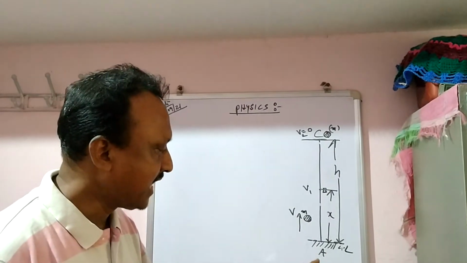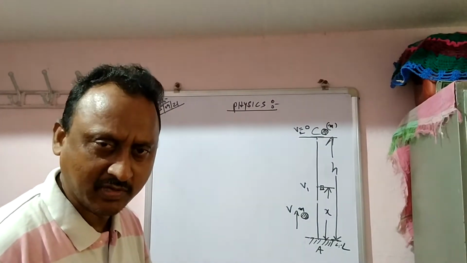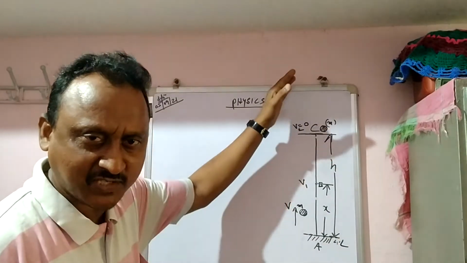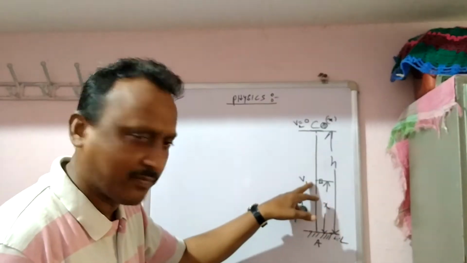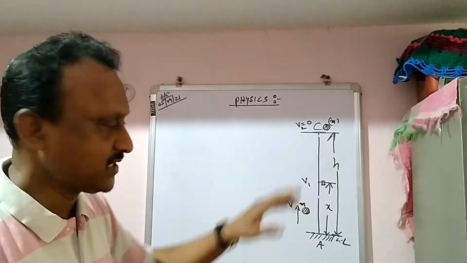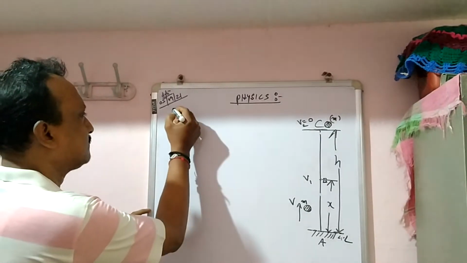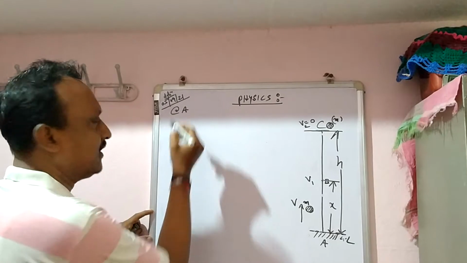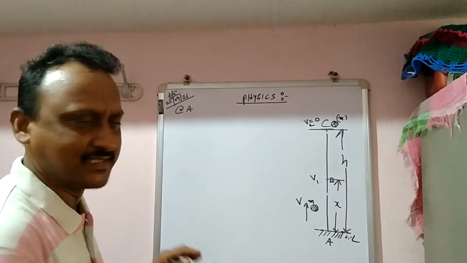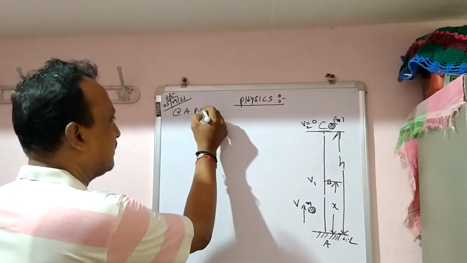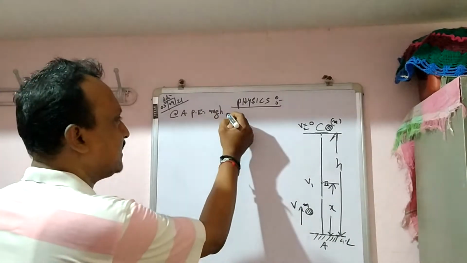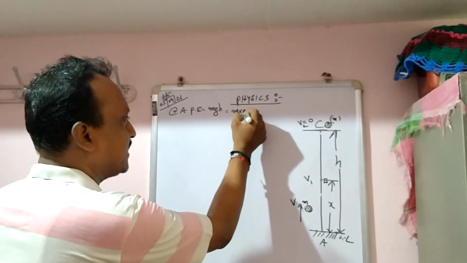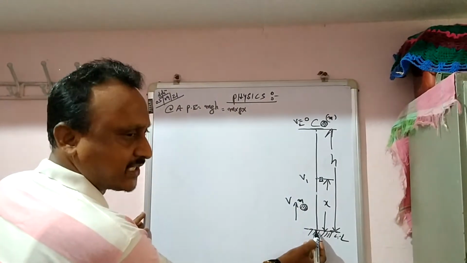Now I will start at the ground level first, because we are traveling from the ground to the highest point. So in this case we have to prove it at the lowest point, an intermediate point and the highest point. First of all, at A we will find the potential energy. At A, P is equal to, what is the formula? mgh. That is m into g into h; at A, at ground level, the height is 0.